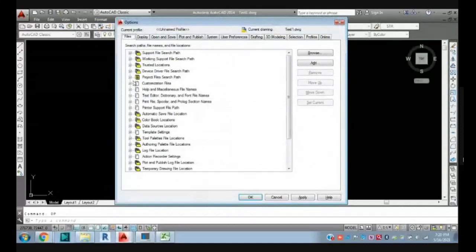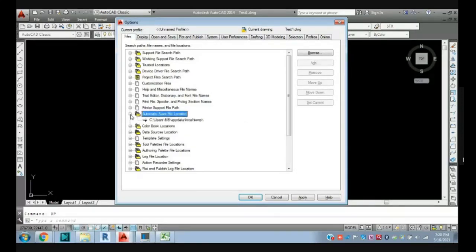First of all, here, Files, right? You can see here automatic save file location. Okay, so you can see my automatic save file location is C. You can check on your laptop or desktop also here. So on the C drive, Users, NB, then AppData, and then Local and Temp.